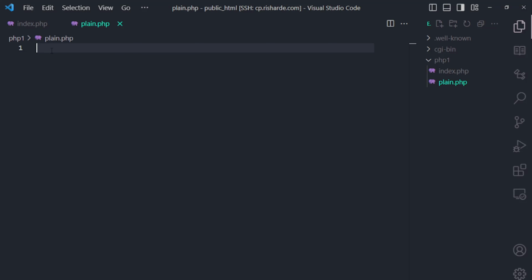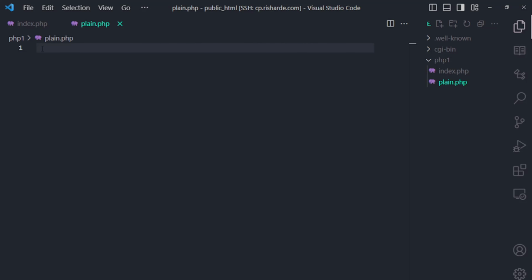But what I wanted to touch on was our first PHP program or website, so to speak. It's not going to be a very sophisticated website because it's just going to be a hello world example. And so I have two files, index.php and plain.php on my web server. And in order to execute PHP, usually you have to name the file with the .php extension. So that's what I did. I named this file